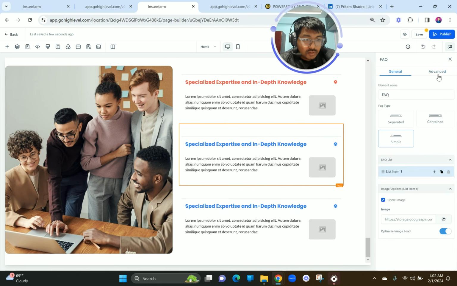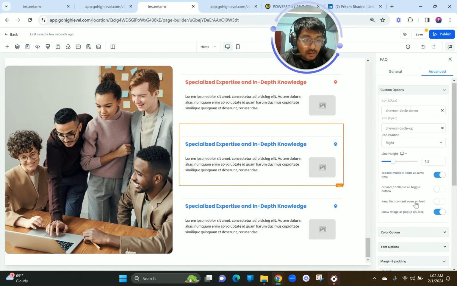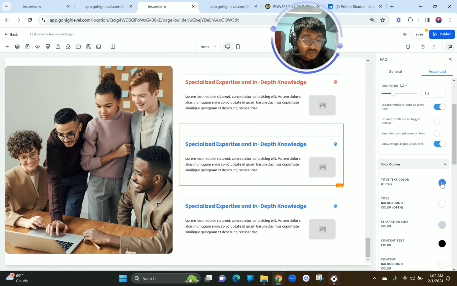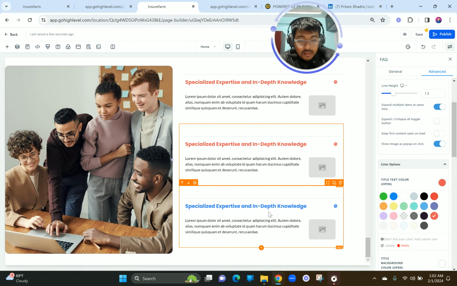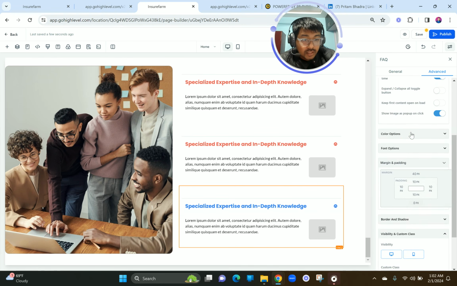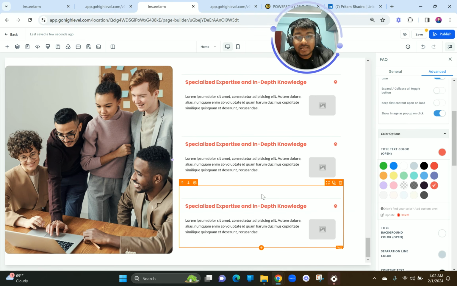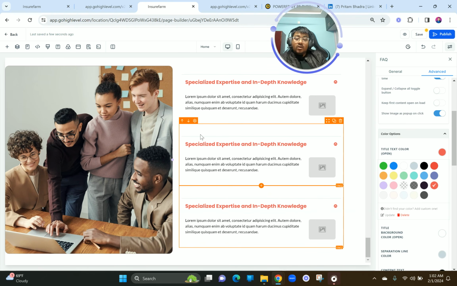I want to make it... I want to go to the color options and make it red here again. Same goes for this. I want to go to color options and make it red again here. You can increase or decrease the length of these texts depending on how you want it, but that's basically how